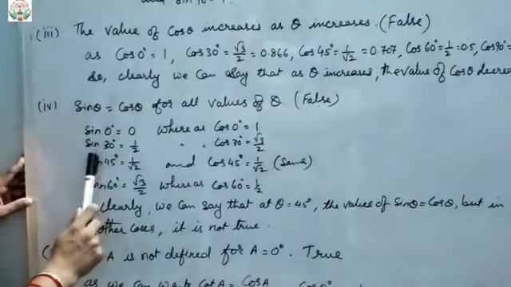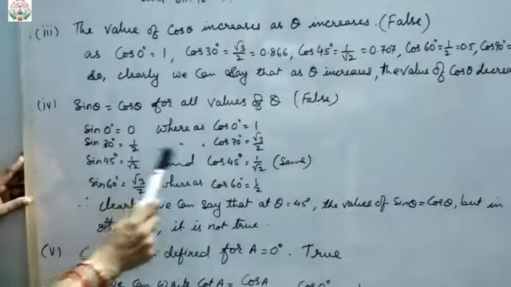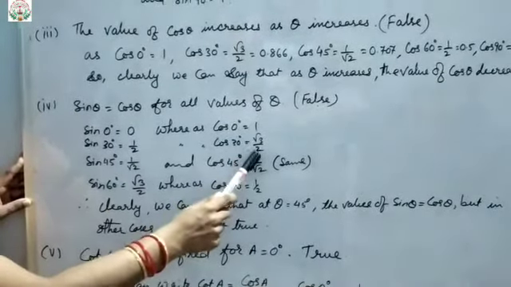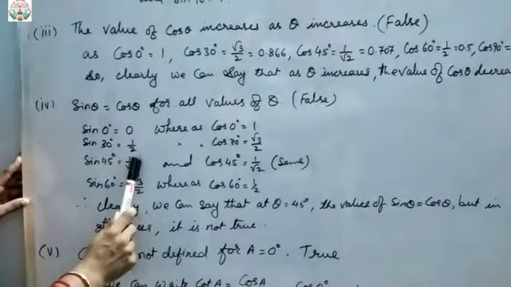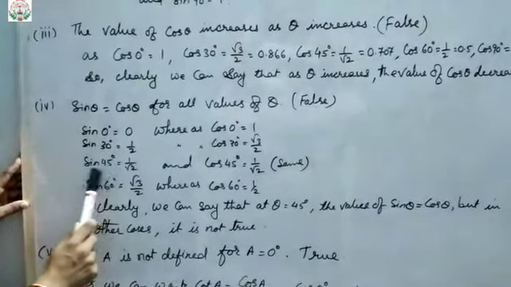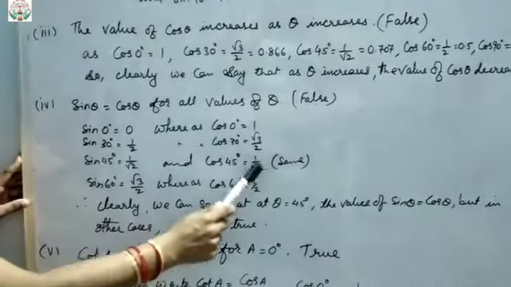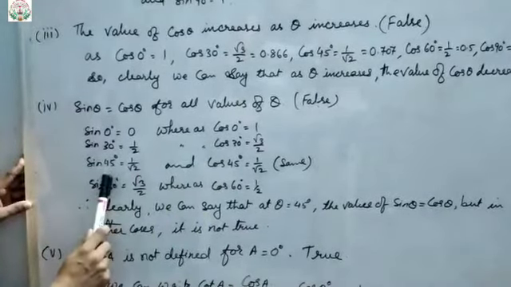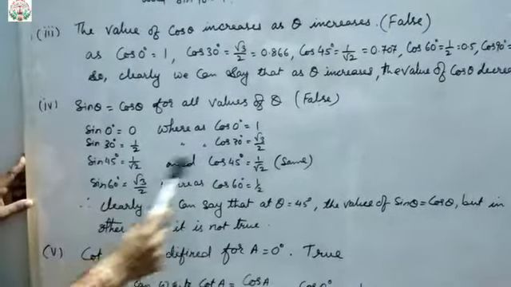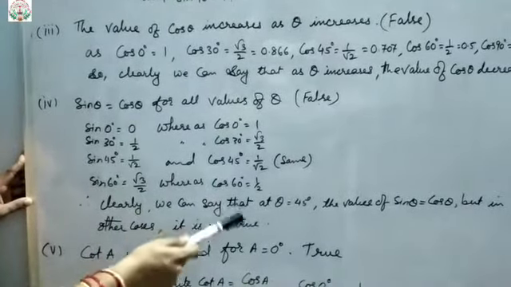Now let us take the second condition, that is sin 30 degree. That is equal to 1 upon 2, whereas cos 30 is what? Root 3 upon 2. Are these two values same? No again. But only in case of sin 45, you can see sin 45 is 1 upon root 2. Here cos 45 is also 1 upon root 2. So only in case of sin and cos 45, the values are same. In other cases, you can see the value differs from each other.